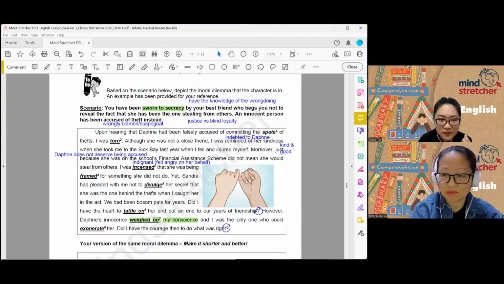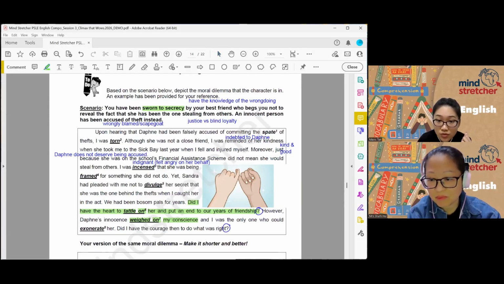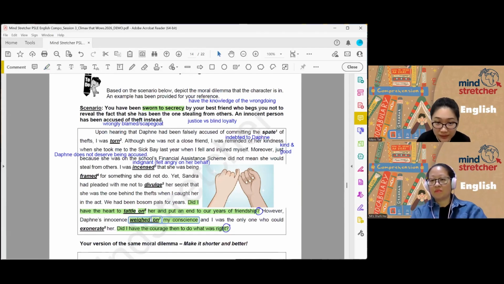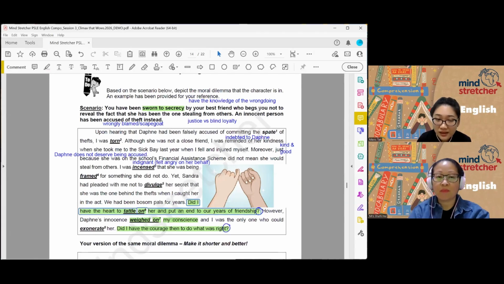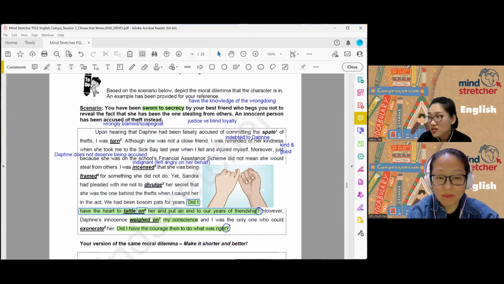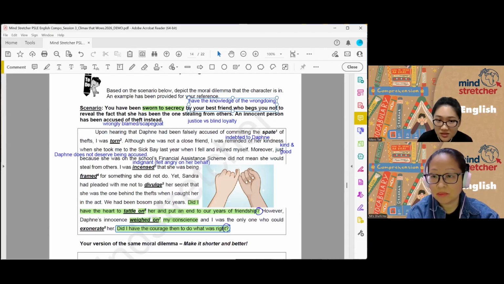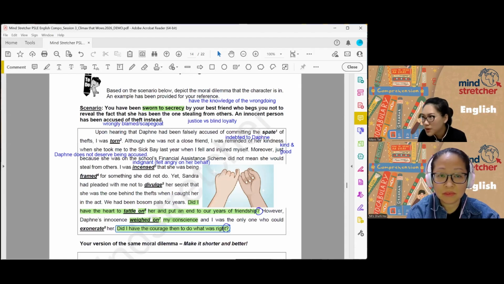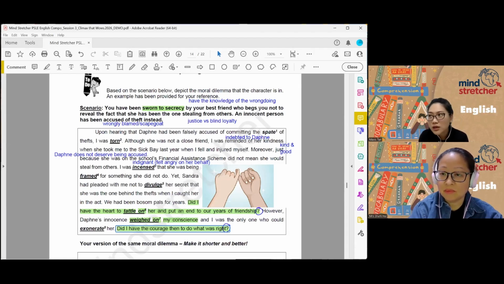So these two questions are part of the questions the narrator asked while going through this moral dilemma. But you realize there's a whole paragraph. It is not just these two questions, am I right? Because sometimes when students develop a moral dilemma, that is all they give me, two questions, and then they give me the decision. So that is not ideal. What we want is to provide the context, provide why it makes it so difficult to keep the secret. Let's say this Daphne is a nasty person, also always hurting others.